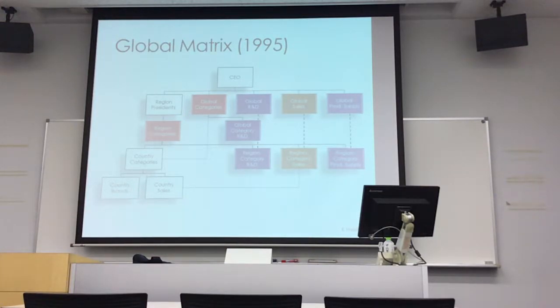We can move the region categories within global categories. And in fact, I would like to remove the categories and instead have product divisions. And within product divisions, I would have different categories. First the countries and then categories. It will make sense because